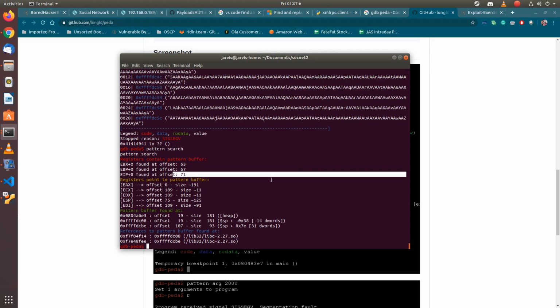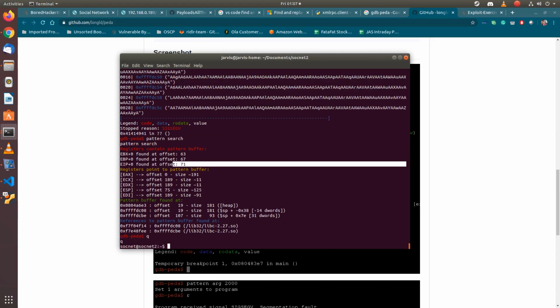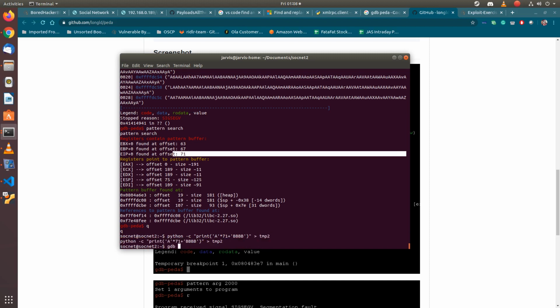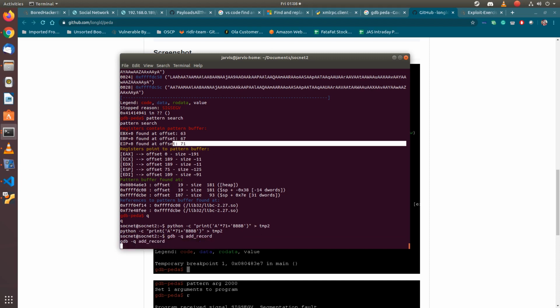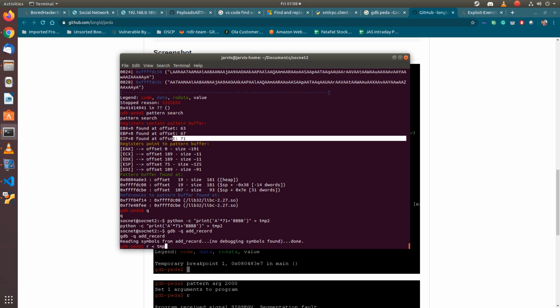Let's do one thing. If I put something like Python -c, print A times 71 plus 2, 3, 4, and write it to a file 10, 2, and again gdb, add record, when I run it with 10, 2,